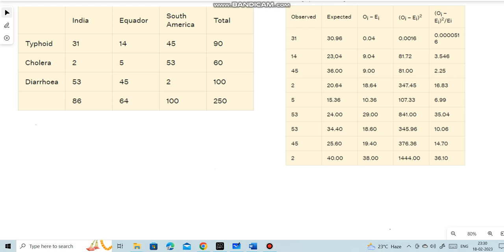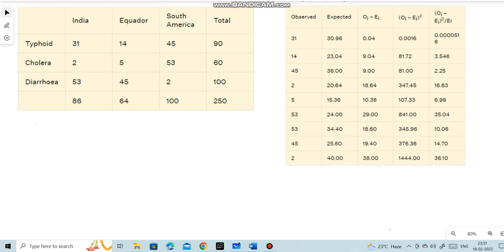Today we will look into chi-square testing. Chi-square testing, as we all know, is a type of hypothesis testing which is non-parametric in nature. So what the chi-square test does is basically give us an idea if two categorical variables are related to each other or not. In this example, if we see, there is a data set which contains